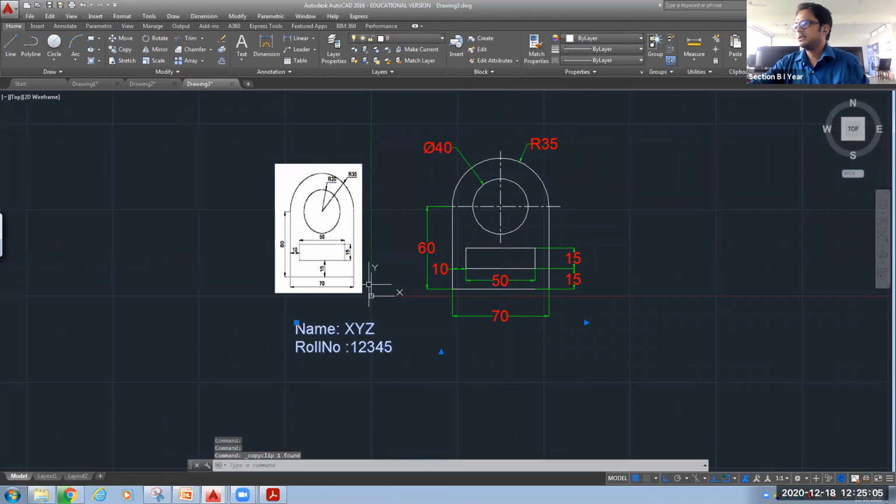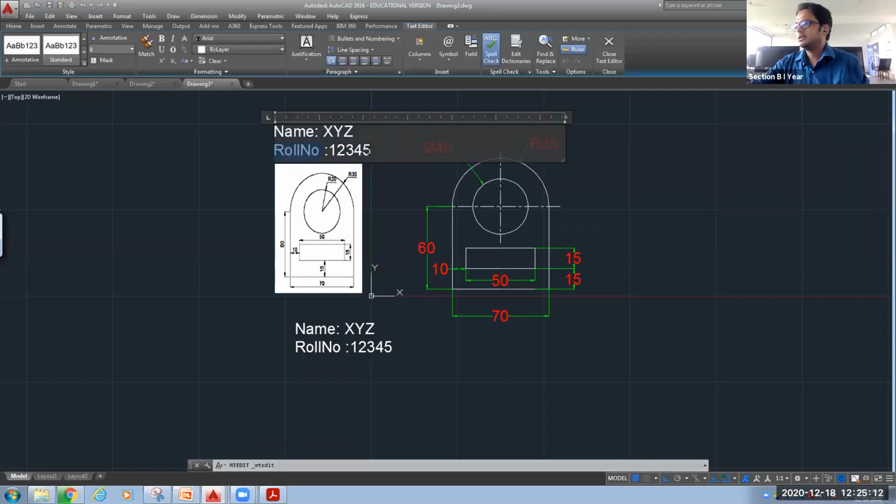The exercise part I will write somewhere else. Ctrl C, Ctrl V. I will write exercise. This is 2-2.